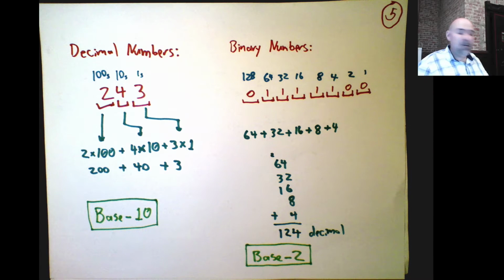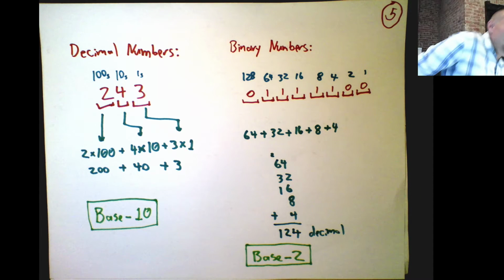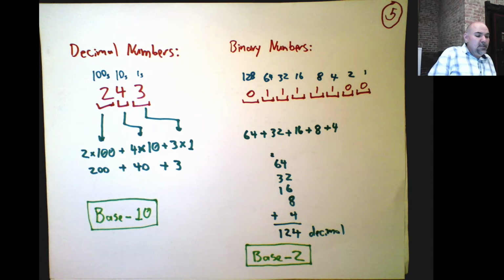Why did we adopt a base 10 numbering system if it's really the same thing? It works the same way as base 2. I mean, why 10? Why not 11? Or why not 4, 3, or 2? And the answer to that is somewhat interesting. I've asked this question before, and I'll have people say, well, base 10 is